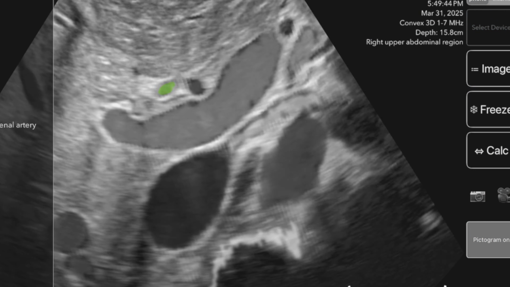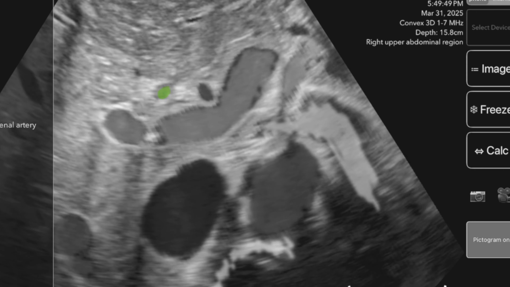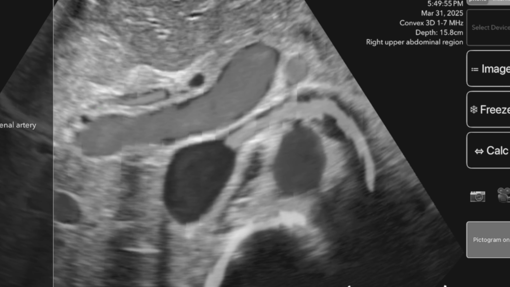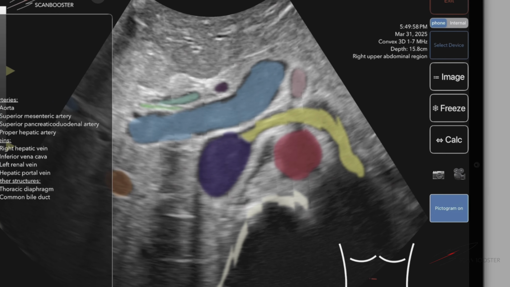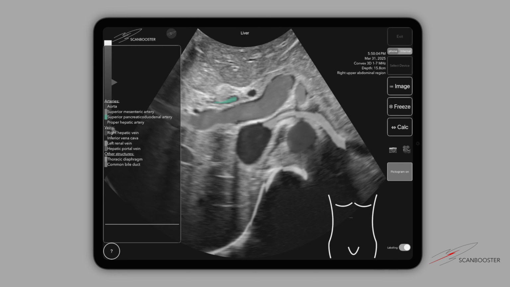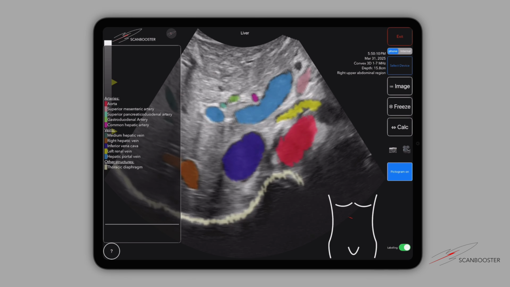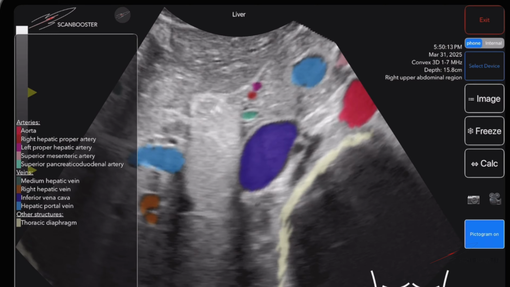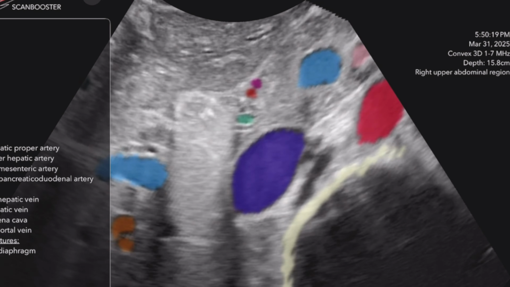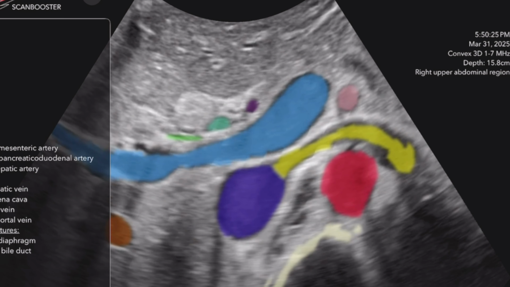The common hepatic artery gives off the gastroduodenal artery, marked in green, which supplies the proximal duodenum, the pyloric region of the stomach, and the pancreatic head, also parts of the greater omentum. The gastroduodenal artery branches further, including the superior pancreaticoduodenal artery, marked in blue-green. The second branch of the common hepatic artery is the proper hepatic artery, marked in purple. This artery divides into the right hepatic artery and the left hepatic artery. These arteries further branch into interlobular arteries, which supply the sinusoids, allowing metabolic exchange within the liver.